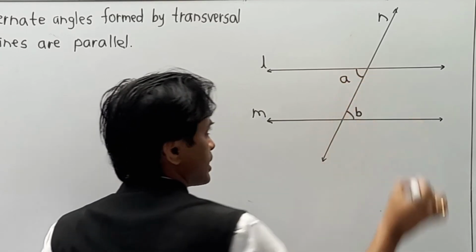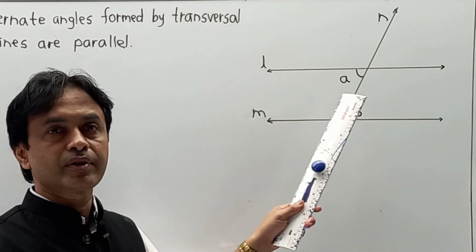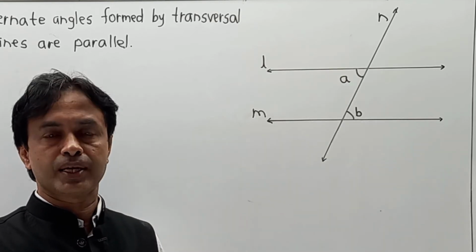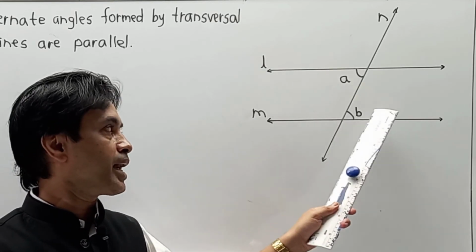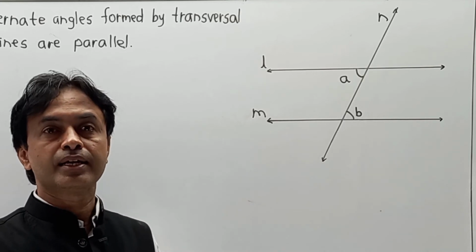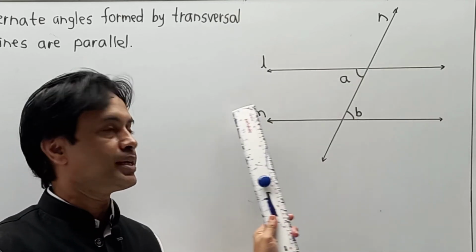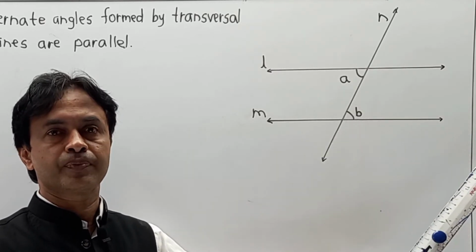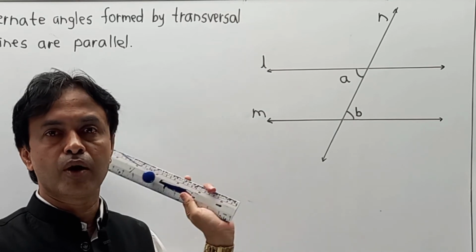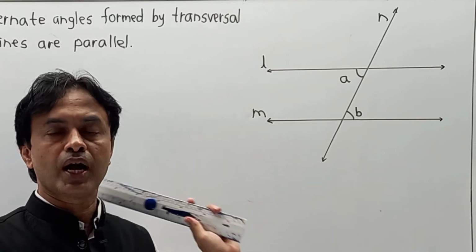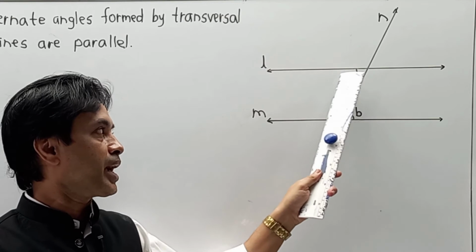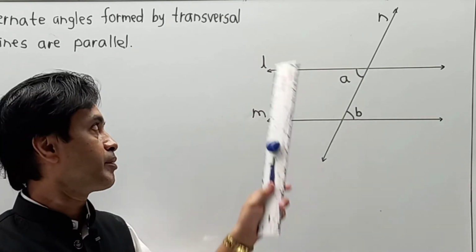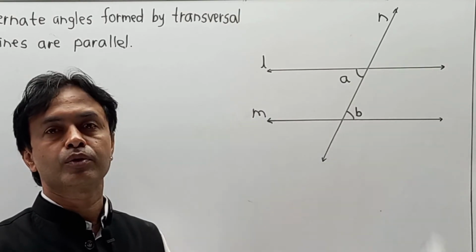So these are the two angles, and they have given that these are alternate angles and angle A and angle B are equal. I repeat, they have given angle A and angle B are equal. Then we have to prove that line L is parallel to line M. No doubt we are going to write the answer in the form of given, to prove and proof. But understand, if angle A and angle B are a pair of alternate angles and are congruent, then we have to prove that line L is parallel to line M.